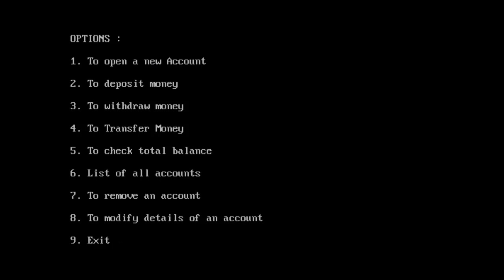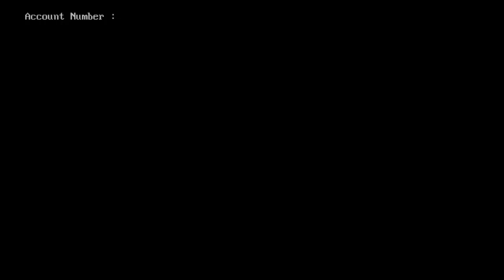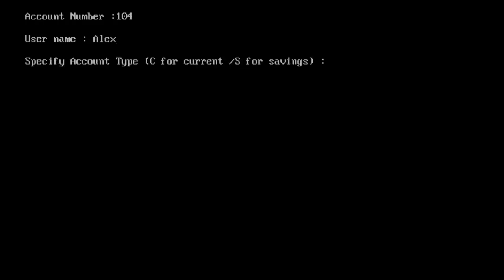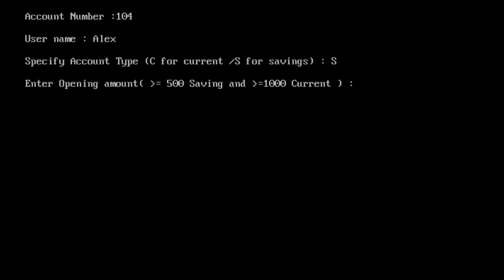Now I'm going to open a new account by selecting the first option. I enter the account number, username, account type and the opening amount.